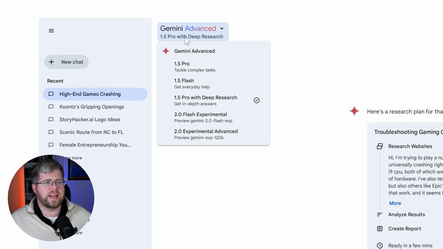Additionally, Gemini has an option here called Deep Research, which I actually find to be really, really useful. It's similar to ChatGPT's O1 model, which does reasoning, except in this case, Google will actually go out and research the web heavily and then take all of that information into account to give you a definitive answer. And it's a really great thing if you want some definitive answers to questions and research, if you're trying to learn something.